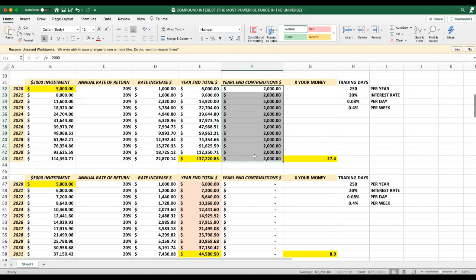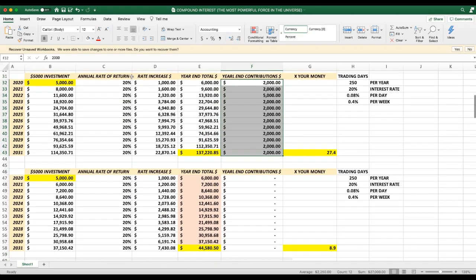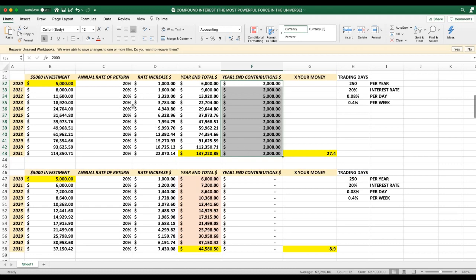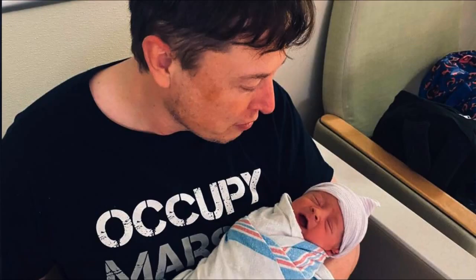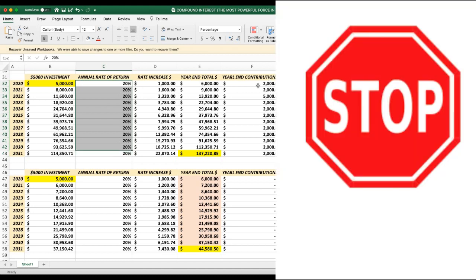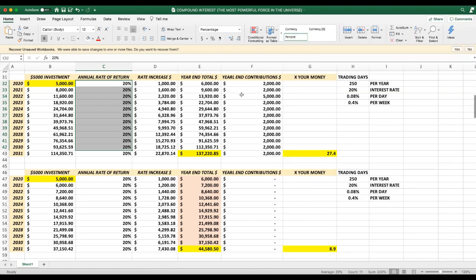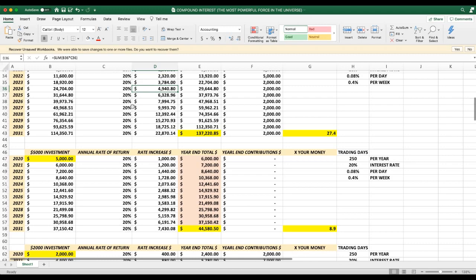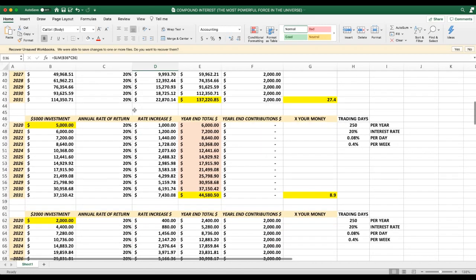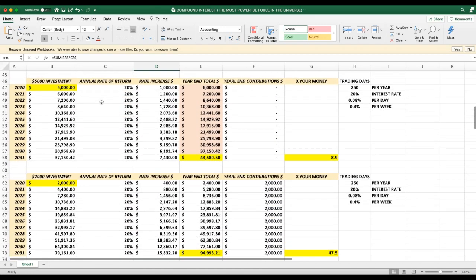Contributions matter. So you always want to be contributing to it as long as your rate of return is positive. I don't care if it's positive 1%. You want to add as much money to it as you can comfortably. You don't want to take food out of your kids' mouths or whatever, but in general, you want to add as much as you can if you have a positive rate of return. If you're losing money every year, I wouldn't suggest adding any money to it, because you're just giving that money away. But if you're making any positive rate of return, you should be adding as much as you possibly can.